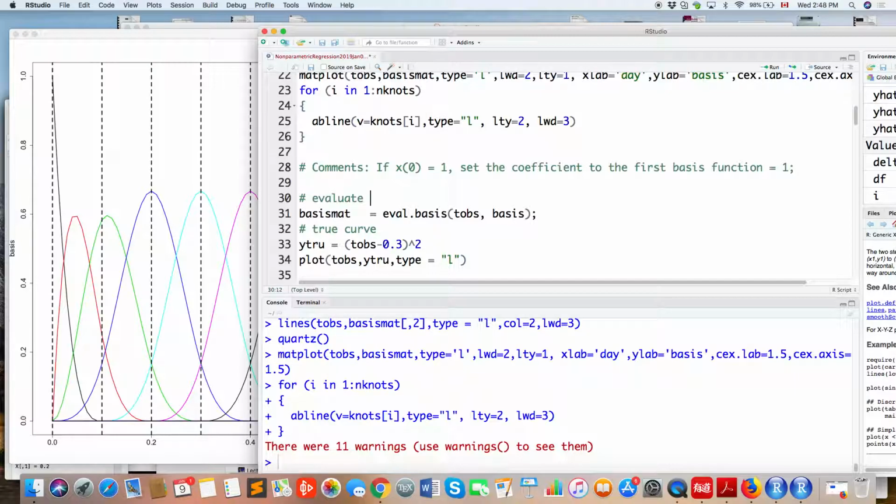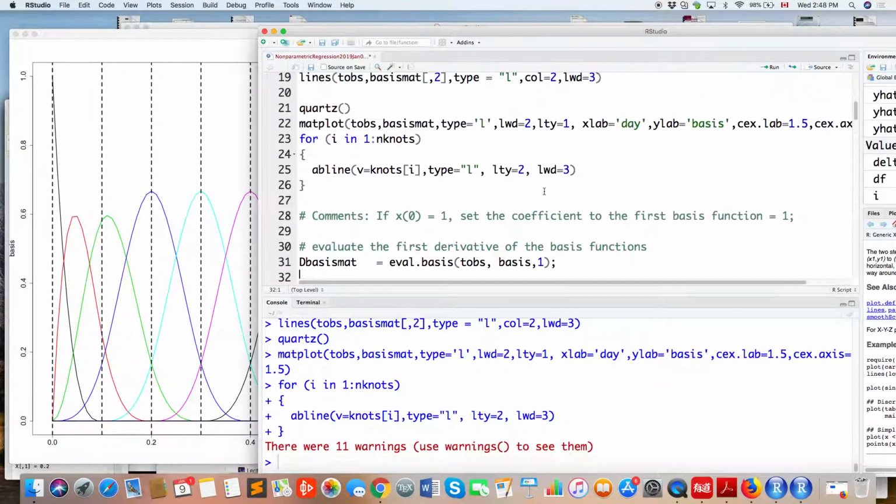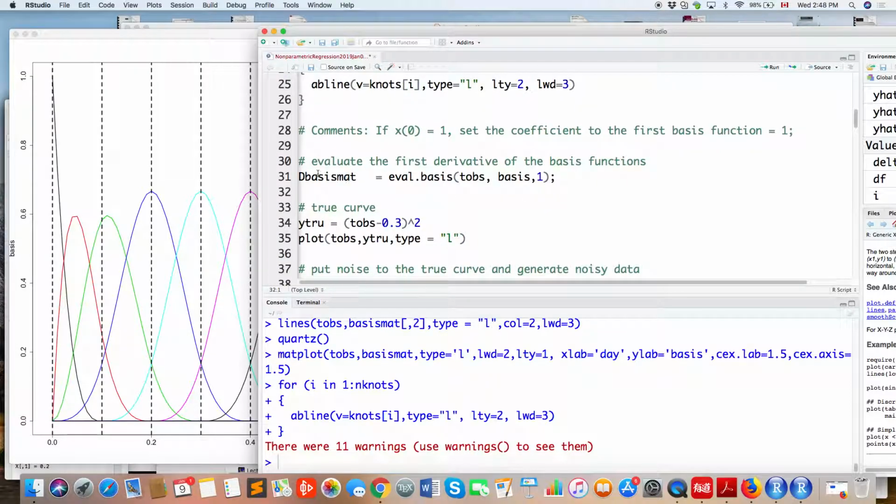If you want to evaluate the first derivative of the basis functions, you can still use the evaluate basis function, and just put 1 here. It will return the first derivative of all the basis functions. So if you run this,